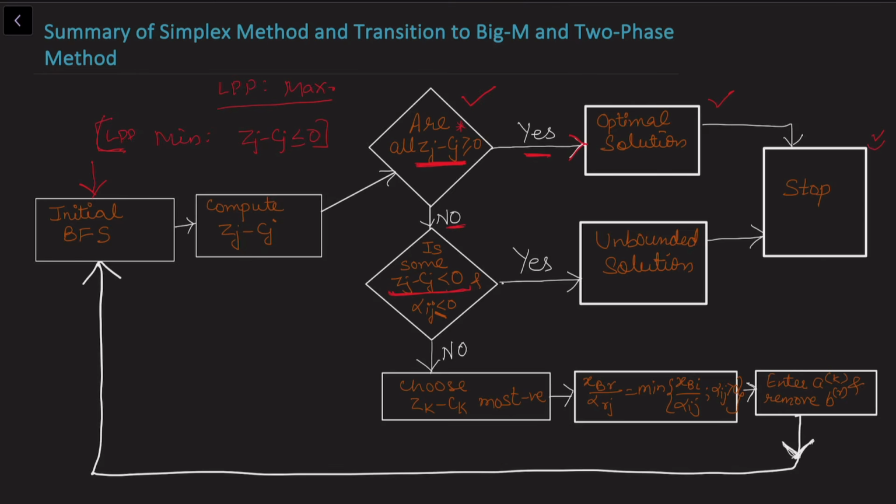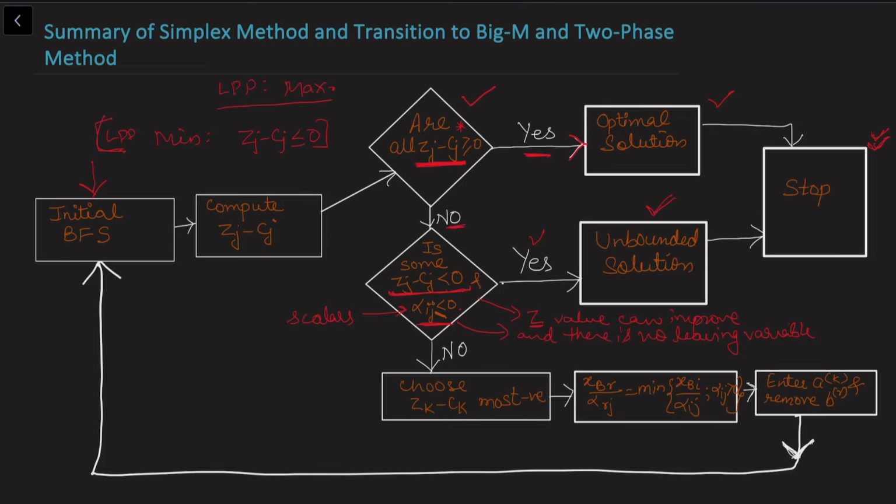And for that Zj minus Cj which is strictly less than 0, there are some scalars alpha ij which are also less than or equal to 0. That means in this case it shows that Z value can improve, but there is no leaving variable. So this indicates that if this condition holds, then it gives us an unbounded solution and hence we stop. So we are in a feasible region, but the value of Z is not bounded.